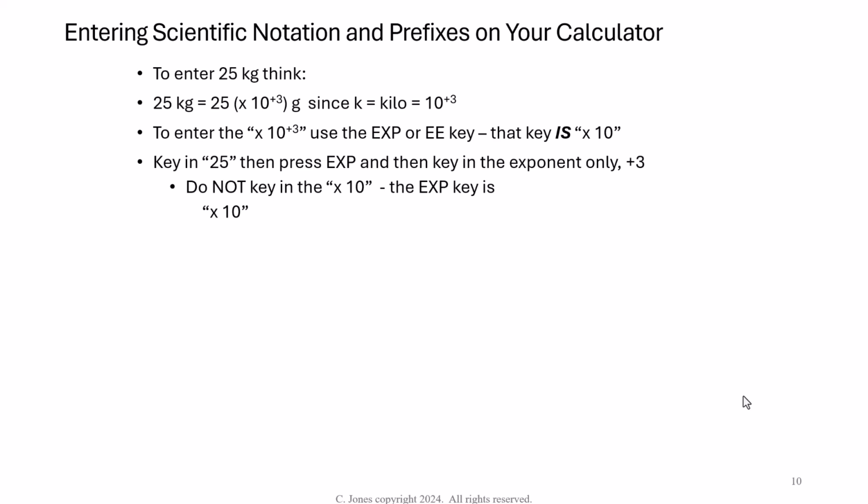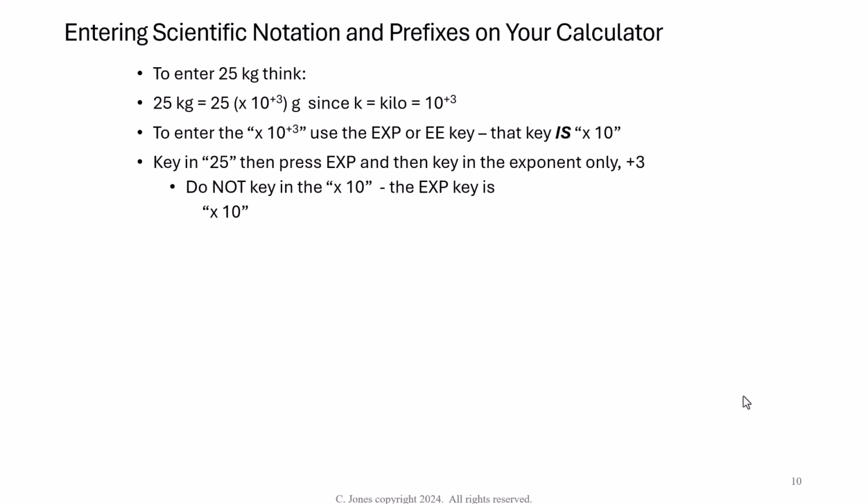And I've included this because when I used to teach chemistry, lots of times students' answers were off by a factor of 10. It was either 10 times too big or 10 times too small. So if I want to enter something like 25 kilograms, here's what we're thinking. 25 kilos is 25 times 10 to the plus 3, since kilo is 10 to the plus 3. So to enter the times 10 to the plus 3, this is the key,